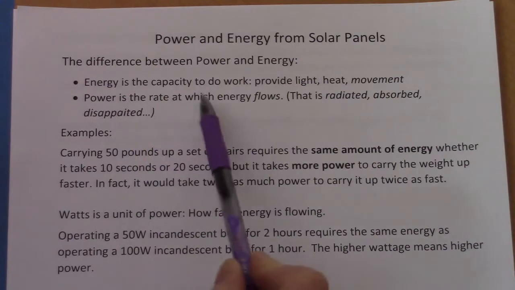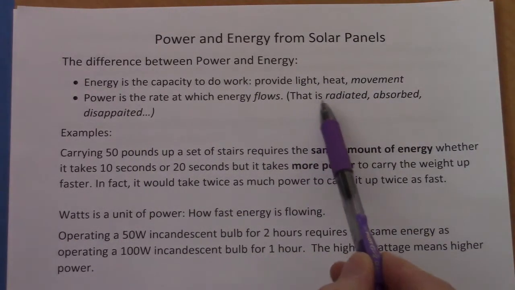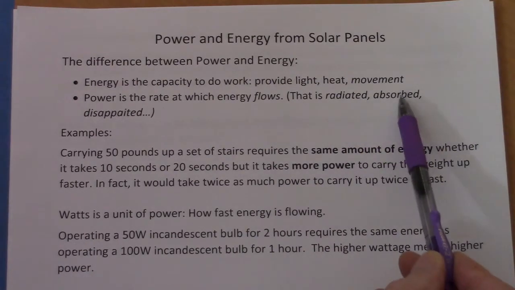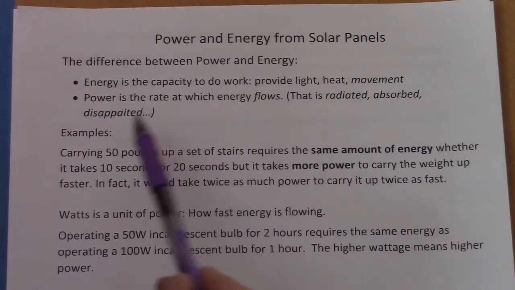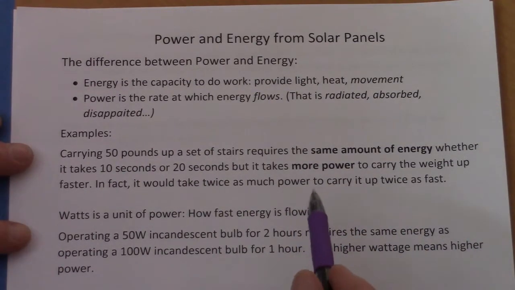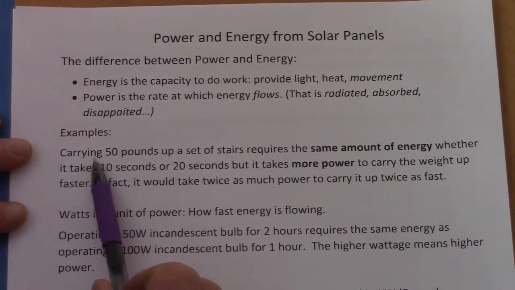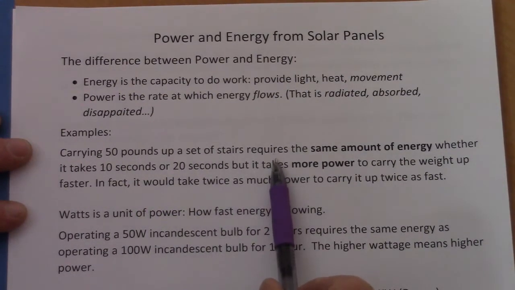Now power is the rate at which energy flows. And energy flows, it can be radiated, it can be absorbed, like heat is absorbed or dissipated. Like a rock rolling down a hill, energy is flowing. So an example of that is if you're carrying 50 pounds up a set of stairs, that